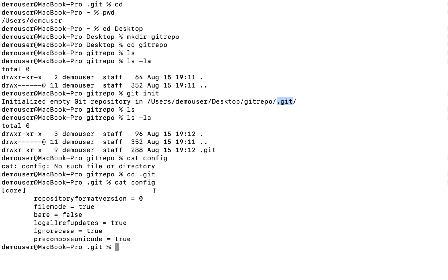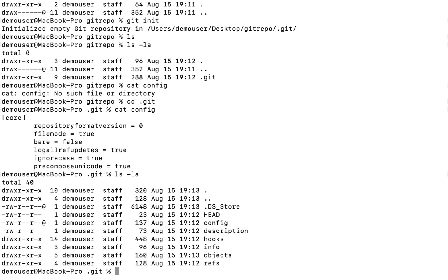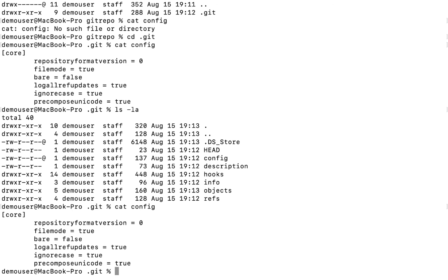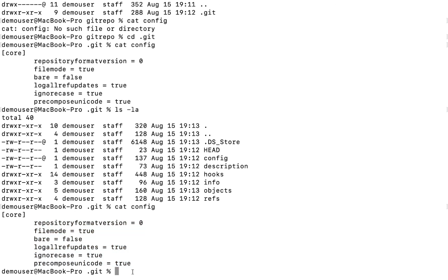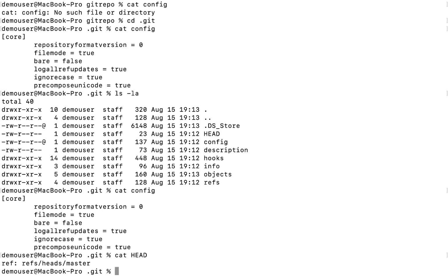If you want to see how many files are present, we can type ls -la again, and you can see all these folders are present. We checked config, so we'll again check cat config. You can see some details are present. We'll see in detail in upcoming videos what exactly these fields are used for and how they will be updated in the future. Then cat HEAD shows a reference to the head, and what this head means will be covered again in the upcoming session.